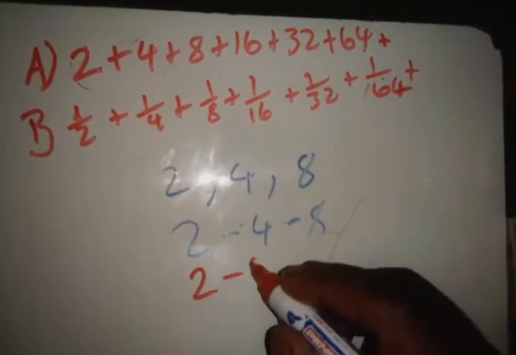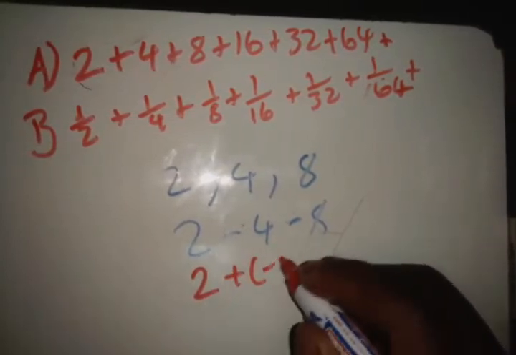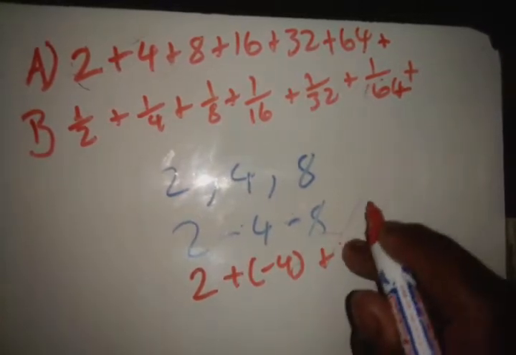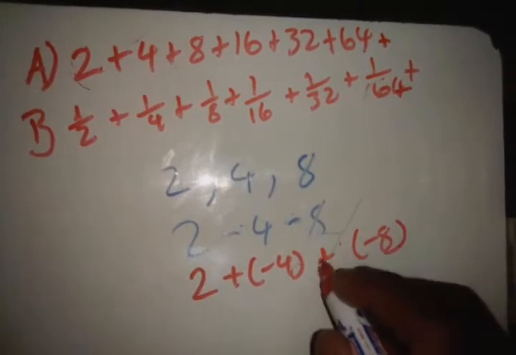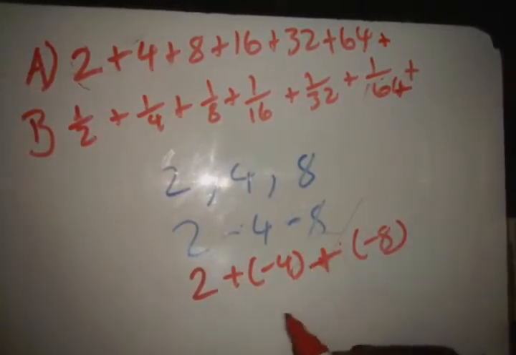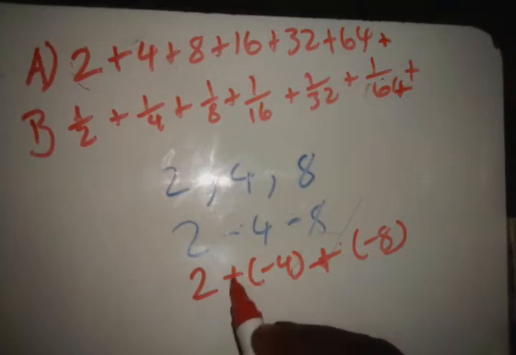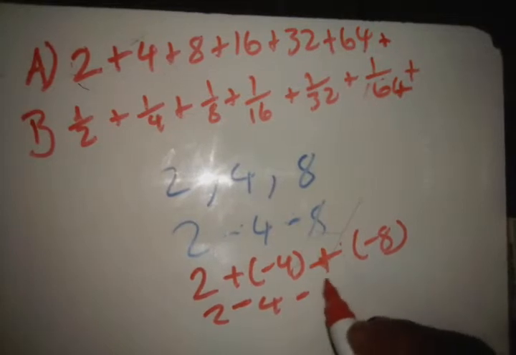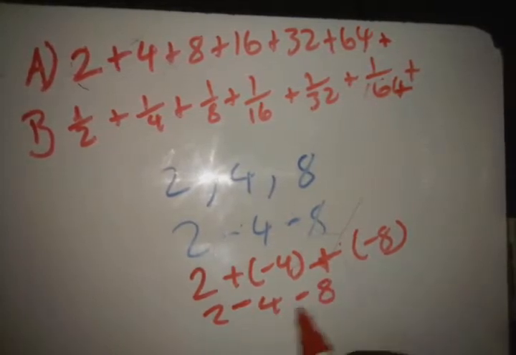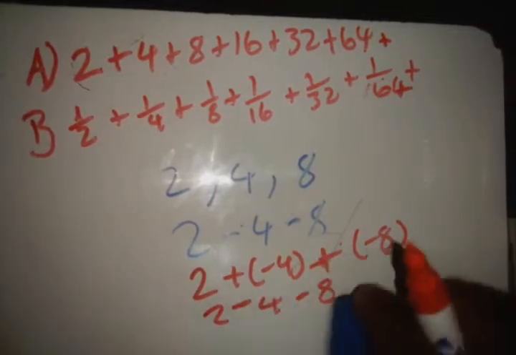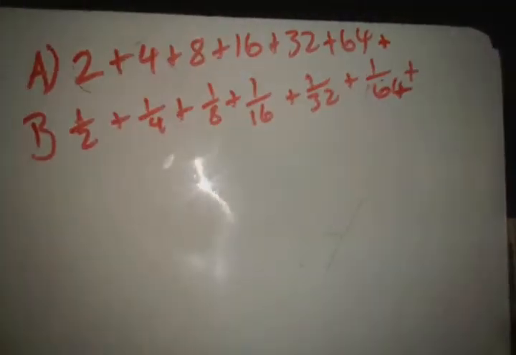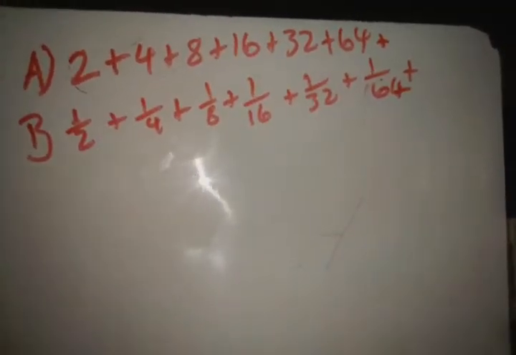We could have said 2 plus negative 4 plus 2, okay, plus what? Plus negative 8. So I could have done this, right? But then to simplify it, we could just say positive times negative, which is negative. And then here positive times negative, which is negative. So that's why we have negatives. If you've got negatives, we're just adding a negative. So it's still a series. So this is a series, I'm not calling it a sequence, I'm calling it a series because there's addition